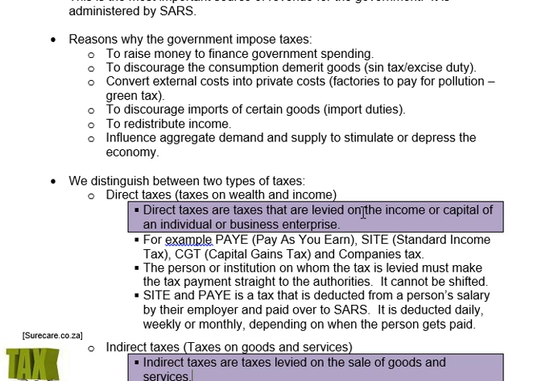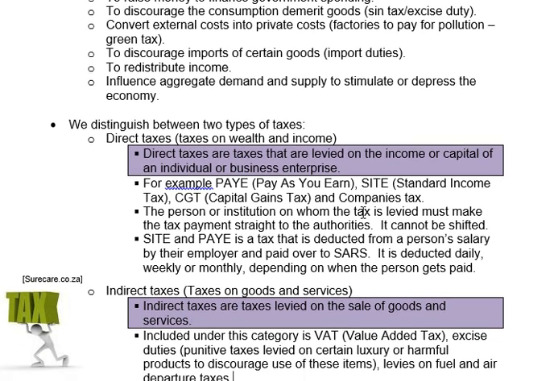All right. The next reason for the tax is to redistribute income. As I said, we use the progressive tax system where higher income groups pay more taxes than lower income groups, and because they take money from the rich and then pay transfer payments, your social grants, whatever, to lower income groups, it does have a redistribution effect. They do tax wealthier people more than poorer people, so it has a redistribution effect.